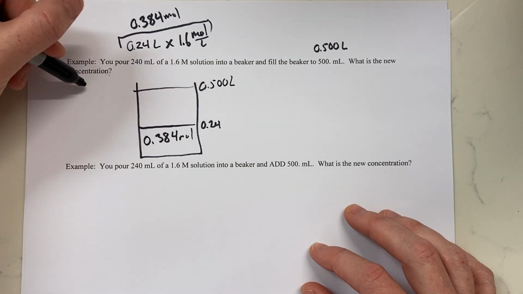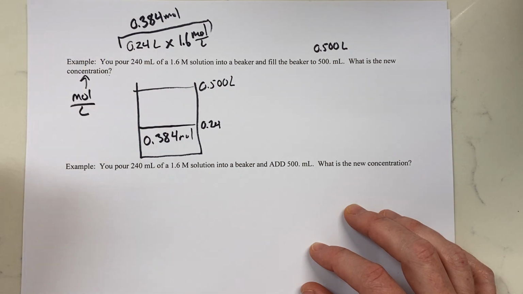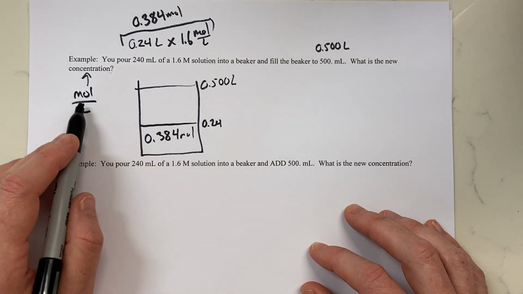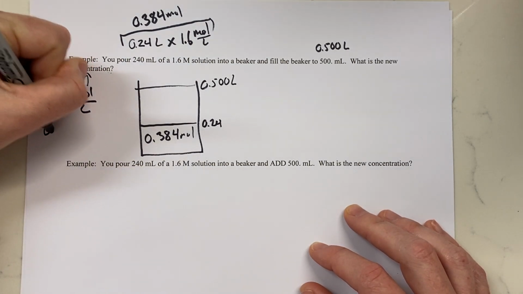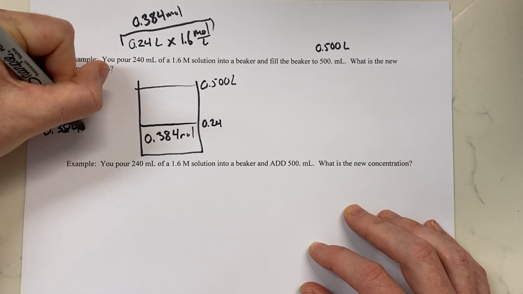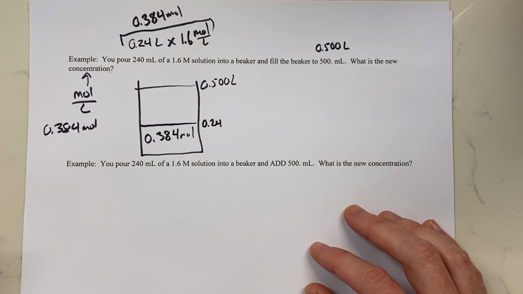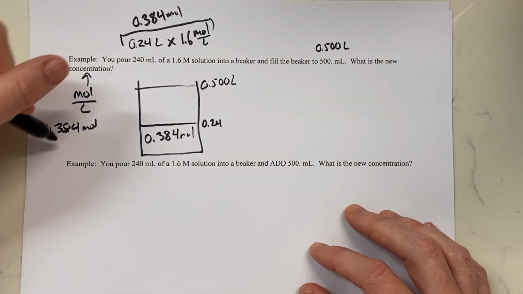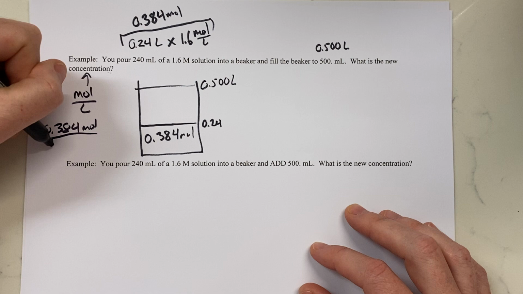Again, I said oftentimes they'll just say concentration and they assume that you know they're talking about mole per liter. So the ultimate question is, in this beaker, do we know how many moles we have? Yeah, we've got the 0.384. Did adding water affect the number of moles that were in there? No, just like adding water wouldn't affect the number of donuts in my coffee. So we know we have this many moles. Do we know our volume? Yeah, our volume is